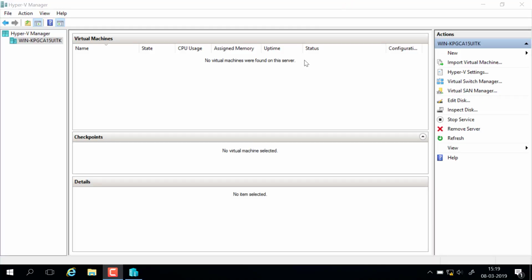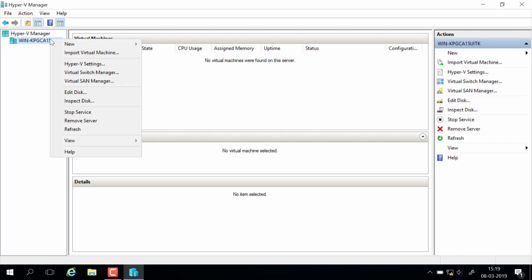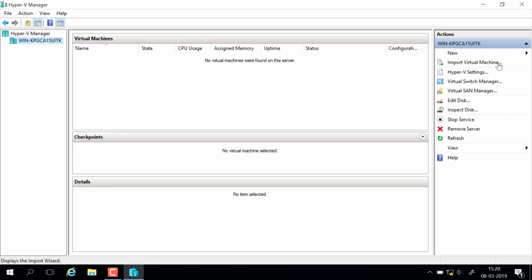Okay, starting off, I'm going to demonstrate how to create a virtual machine in Hyper-V. So this is the Hyper-V Manager console, and this is my Hyper-V machine. And on the right-hand corner of the screen, I see the New option, or I could just right-click here and say New Virtual Machine. Either way is fine. So I'm going to click on New here, Virtual Machine,